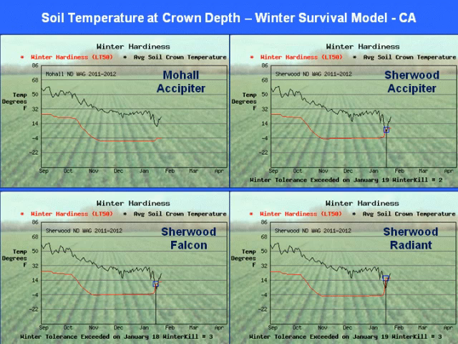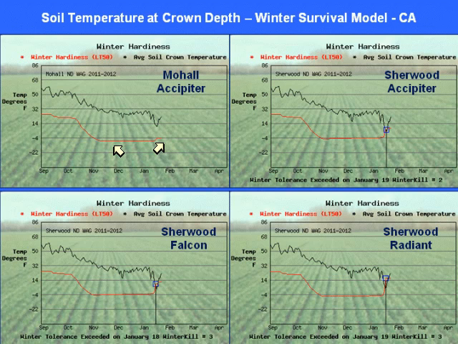These are based on the model put together in Canada by Dr. Fowler, and you can see that this lower line would be an indication of the minimum temperature that a susceptible variety would be able to tolerate, and that as the season progresses, that line tends to move up because the plant is